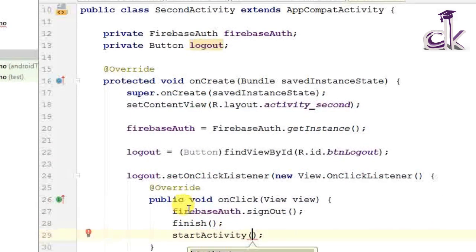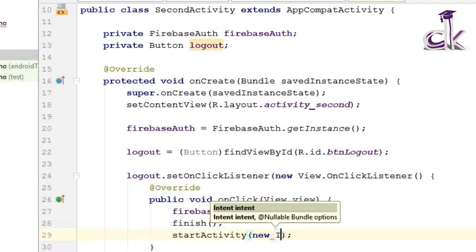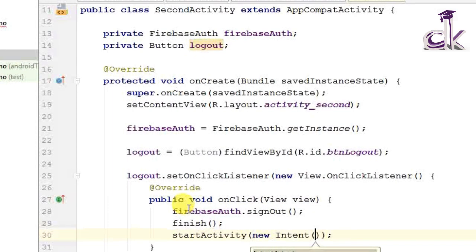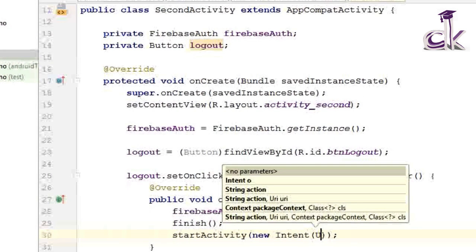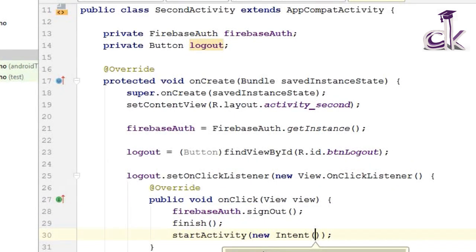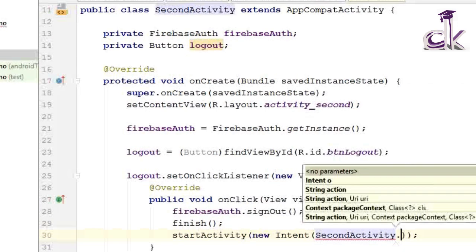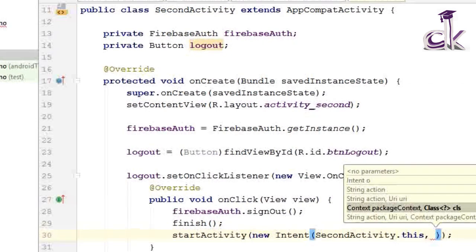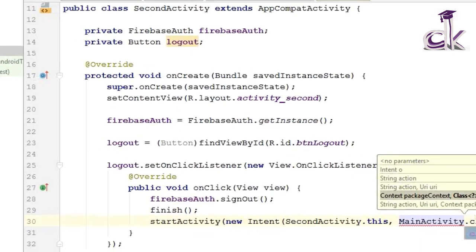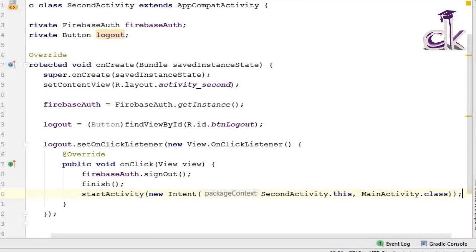So you will create startActivity, and inside this I'm gonna provide the intent, so new Intent, and I'm gonna provide the source and the destination, which is the source is nothing but SecondActivity.this, and the destination activity is nothing but MainActivity.class. Okay, so if you observed here, the package context got added here by itself, so that's a feature of Android Studio